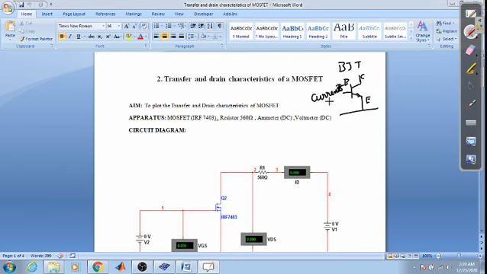When you provide current to the base terminal, there was a flow of current from collector to emitter. So the switch would be turned on when we provide a sufficient amount of current to the base of the transistor. That was in case of BJT. And now in case of MOSFET,